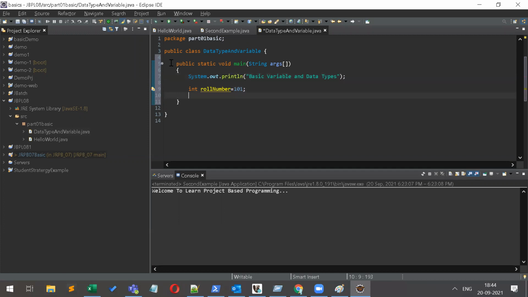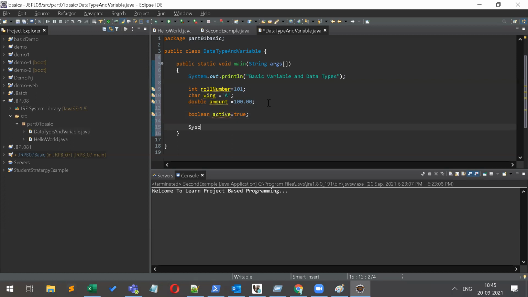Then a char for the building wing, so I am putting A. Then a double amount equal to, let's say, 100.00 suppose, and a boolean active, which I am keeping true.